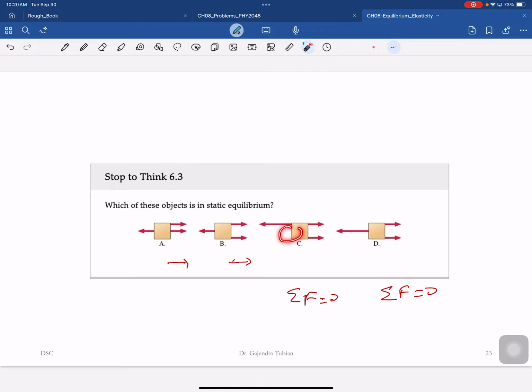What will happen to this one? This force, you calculate the torque about this point, is rotating it counterclockwise. This one is rotating it counterclockwise. This one is rotating it clockwise. So this object will rotate counterclockwise. This object, this is rotating clockwise, this counterclockwise, and this has no torque. So this is balancing that, and this one will be at rest. The sum of the torques for this one is also 0. The sum of the torques for this one is not 0. So this is the only object that will be at rest.